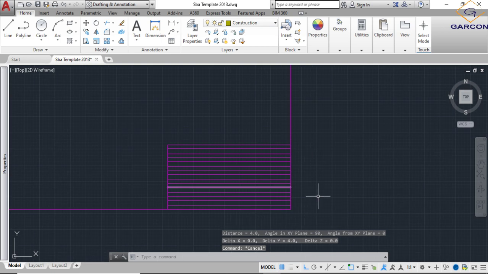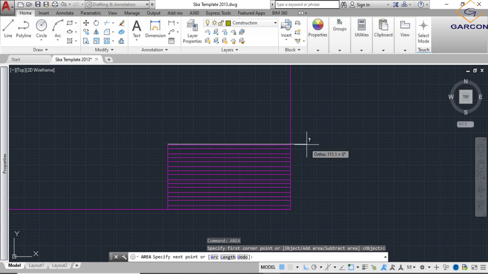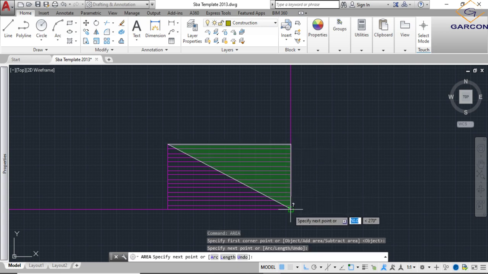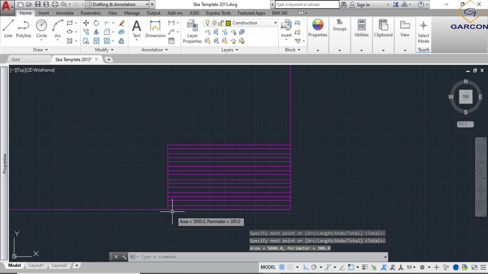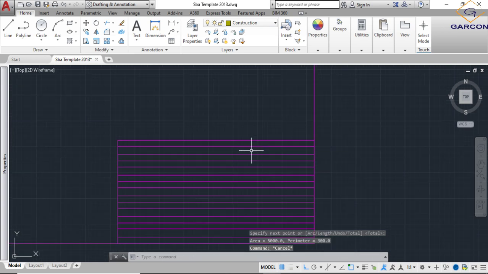And if you want area, same thing. Area, enter. And you can select all of the area, and it will tell you what the area is. You press enter. The area is 5,000 millimeters, or 300 perimeter. Good, so that's it. Now you want to change these guidelines to construction lines,